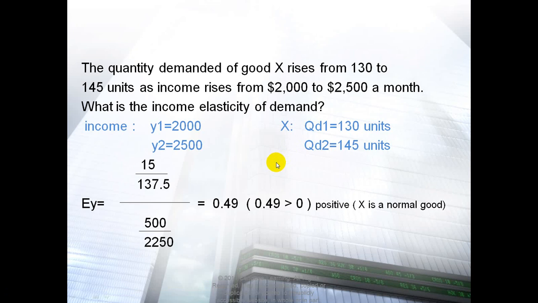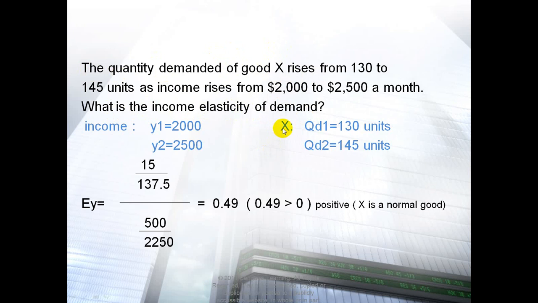So this is an example for income elasticity of demand. The quantity demanded of a good X rises from 130 to 145 units as income rises from $2,000 to $2,500 a month. What is the income elasticity of demand, and what is the type of product X? Is it normal or inferior? Okay, what information or data do we have? Quantity demanded of good